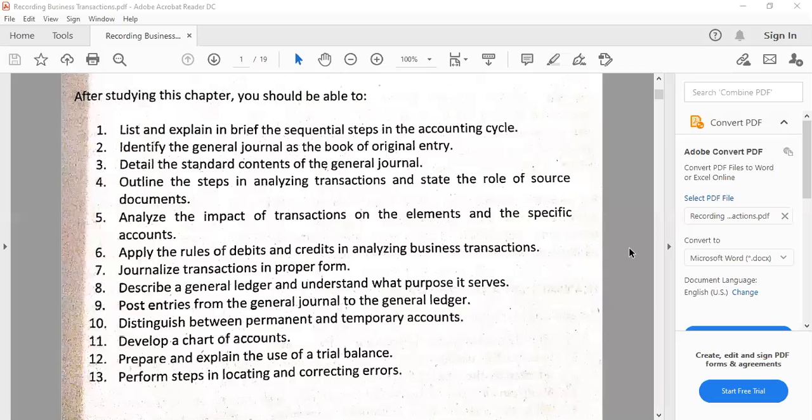All right. Also, this is clearly part of summarizing. Then the subsequent steps also are part of summarizing. That's what I've said for trial balance. And also we'll have to perform steps in locating and correcting errors. So just in case we commit errors along the way, what steps should have been done? All right. So now let's have the formal discussion involving trial balance preparation or preparation of trial balance.